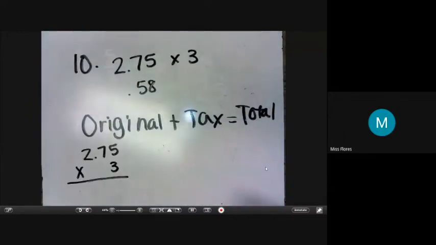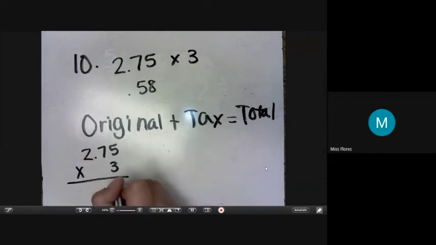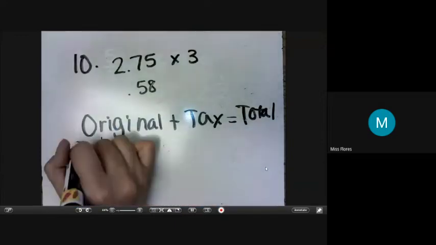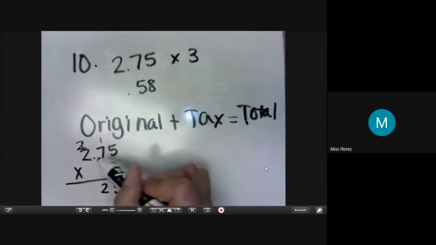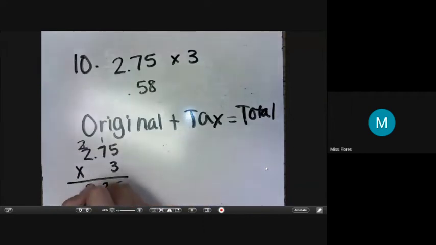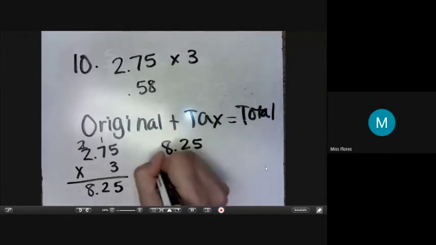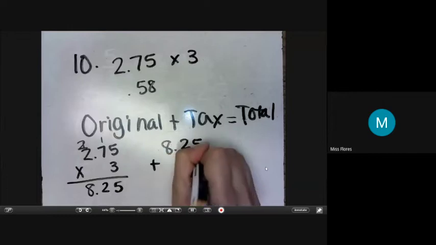The first thing we would do is multiply $2.75 times 3. So 5, 10, 15. 7 times 3, 7, 14, 21. Plus 1 is 2. Oops, 22. 3 times 2, 3, 6. Plus 2 is 7 and 8. So we got $8.25. Then we take that amount and we add 58 cents to it, which is our tax,